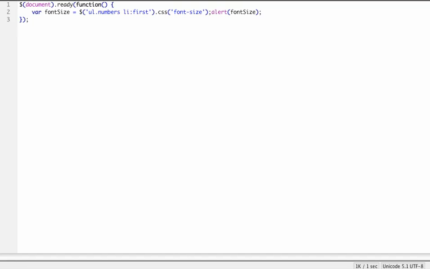Let's now finally color every other list item. We'll get rid of this whole statement here. Actually, we can reuse part of it. I'm going to change this to the $, and we'll put the ul numbers li. Let's change this back to even. Then we're going to leave the .css, and we're going to